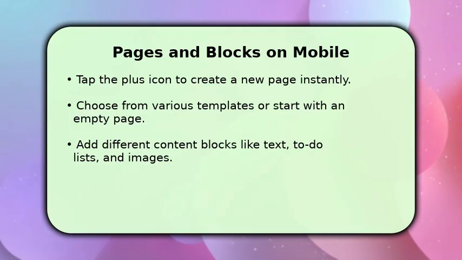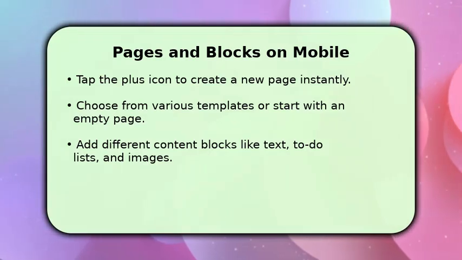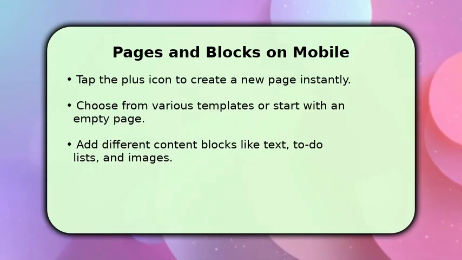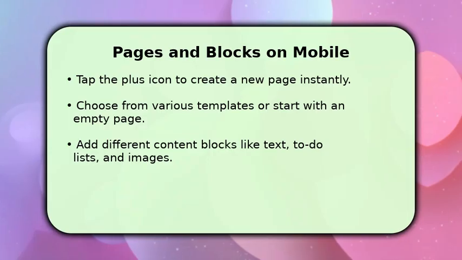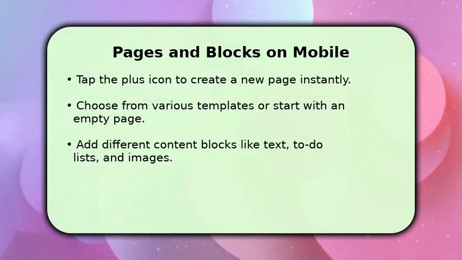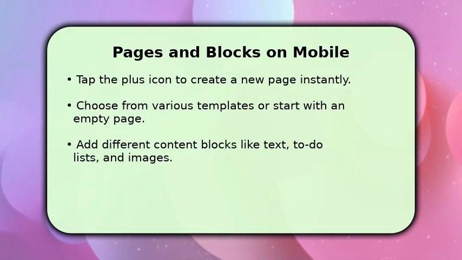Creating content on your Notion mobile app is incredibly simple. To start a new page, just tap the prominent plus icon, typically found at the bottom of your screen. You can then choose from a wide array of pre-built templates or begin with a completely blank page to customize